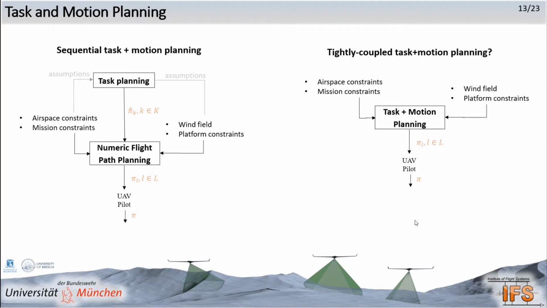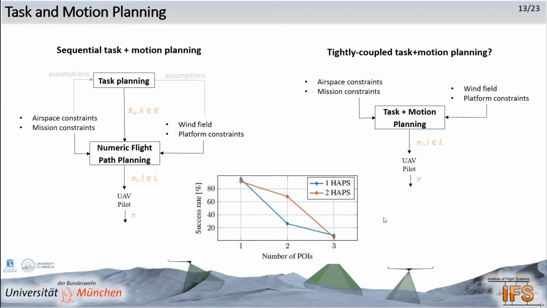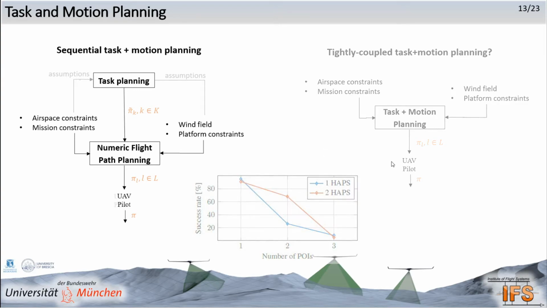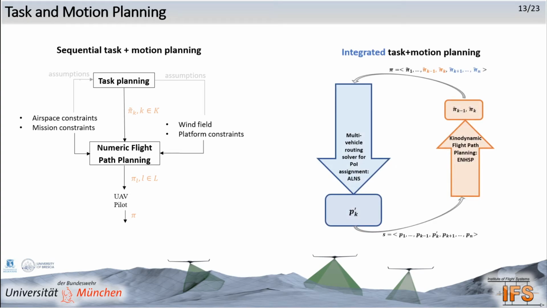However, we were confronted with a scalability issue. The domain independent heuristics of ENHSP have problems coping with multiple HAPS and multiple points of interest. So instead, we took a step back from the tightly coupled task and motion planning approach, and used an integrated task and motion planning approach. The idea is to embed the motion planning problem search space within the fraction task planning problem search space. Practically, what we do here is an interleaving task and motion planning architecture.